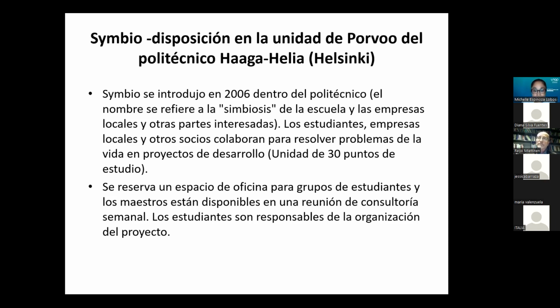Entonces, en este lugar que queda en Helsinki, ¿cierto? Porvoo, ¿is that okay? Porvoo. ¿Sí? Ese es un pueblo, ¿no? Una ciudad que queda por ahí. En este lugar se introdujo en el año 2006 este proyecto que es Symbio. Es como un arreglo, ¿no? Como llegar a un acuerdo con respecto al trabajo en particular. Y por supuesto que es una simbiosis que está entre la escuela, las empresas locales y otras partes interesadas, como